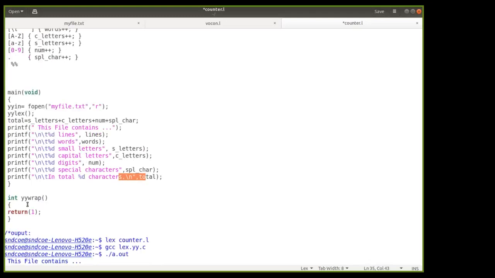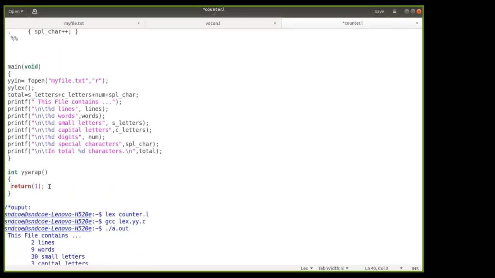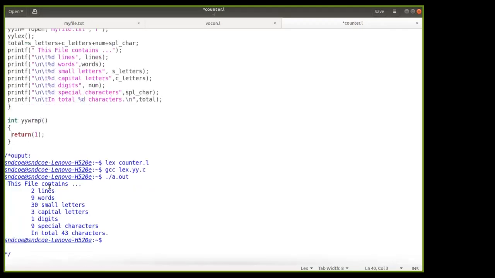And the last function we have is the yywrap function. That function is just used to tell whether the processing of the input file has been completed or not. The kind of input file we are giving to this program, whether everything from that file has been completed or not. Means the processing of the program has been exhausted or not. Understood? It returns one if your program has finished, and returns zero if your program has not finished. Understood? So that is the int yywrap function.